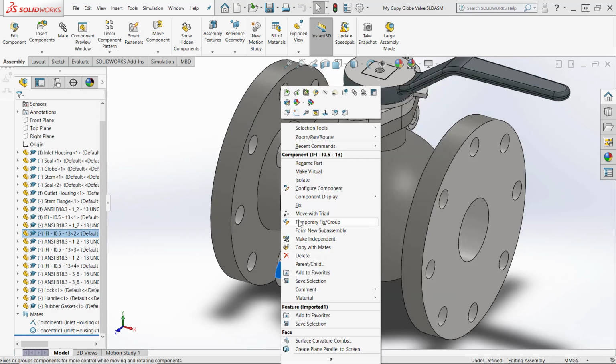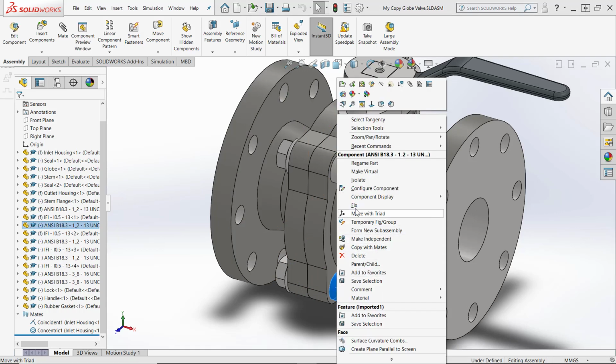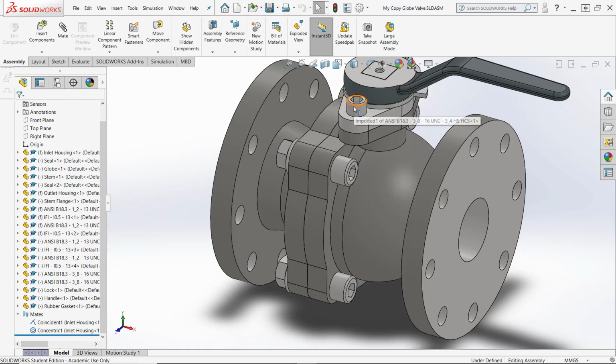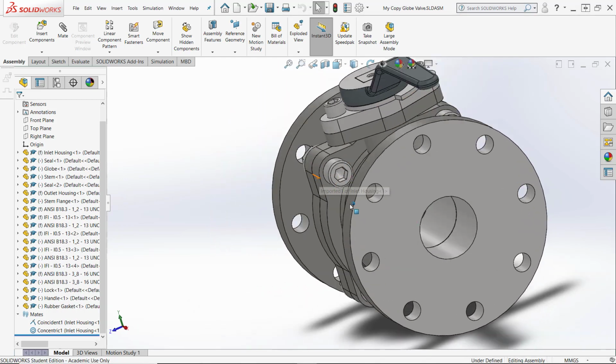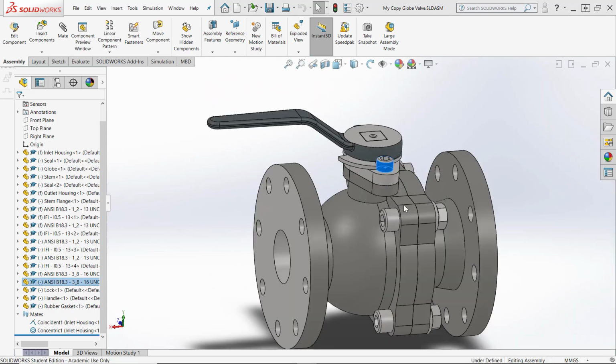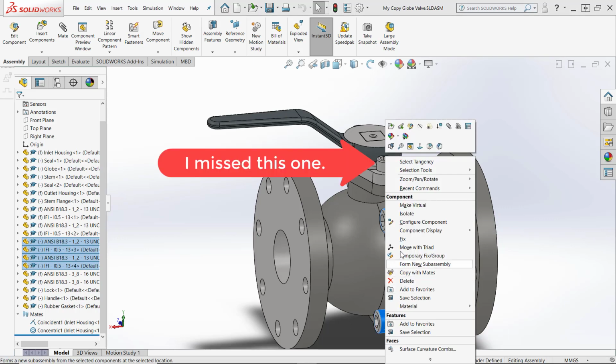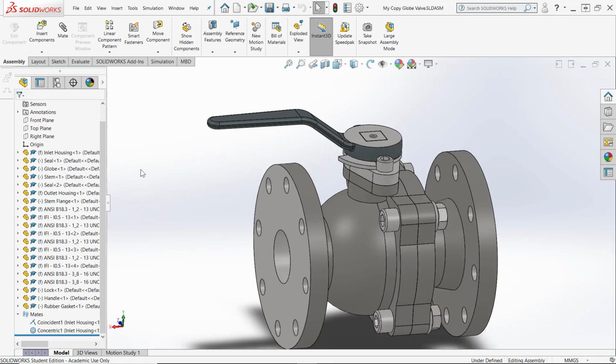if you're sure which ones they are, if you take the time to find them in the browser, you could also just do this all in one step by selecting all of the fasteners. And so I'll fix that one, and I'll fix these fasteners over here on this side, and I'll hold down the control key and get more than one at a time. Alright, so I'll fix all of those fasteners,